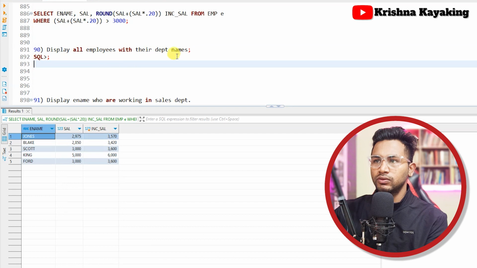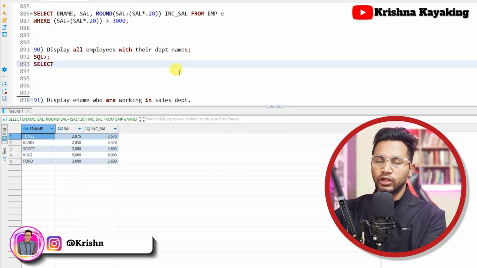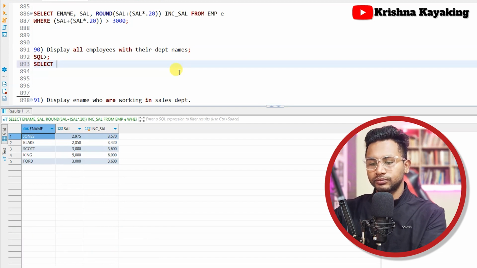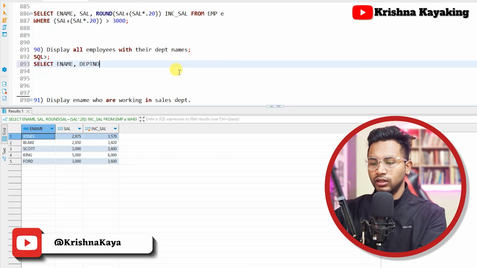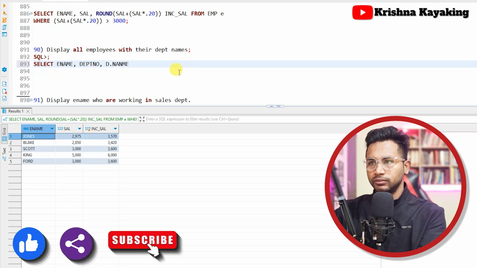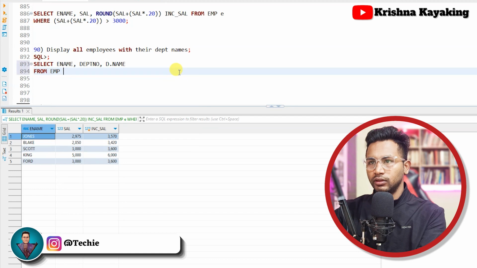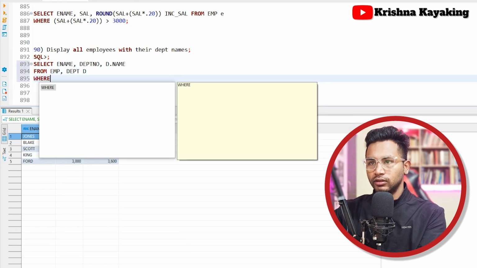Display all employees with their department names. Okay, here comes a simple inner join, that is an equi join also. So here I will write: select name of all employees with their department number, comma e dot dname, from EMP, DEPT, where